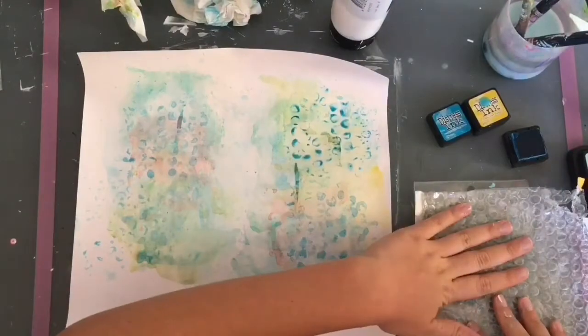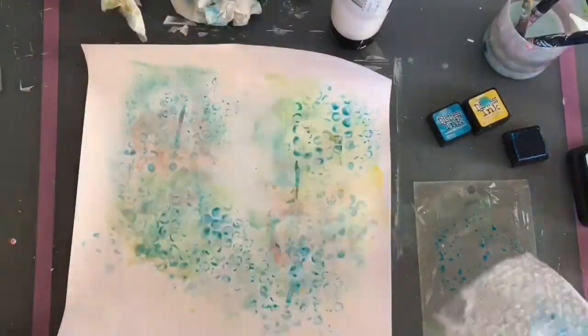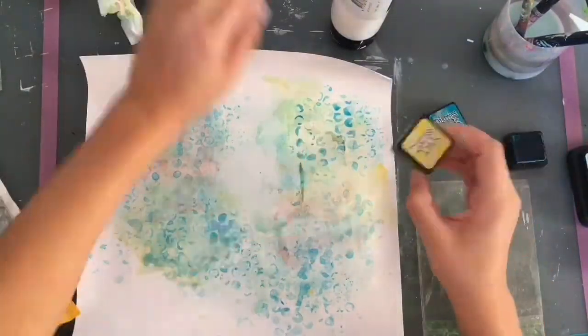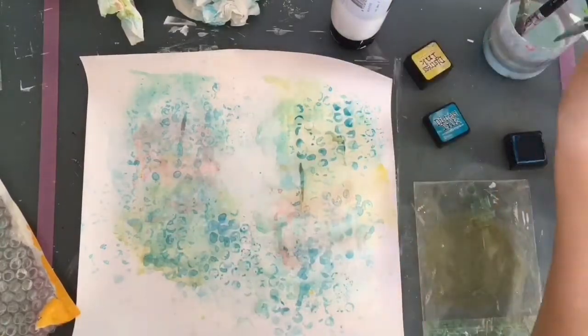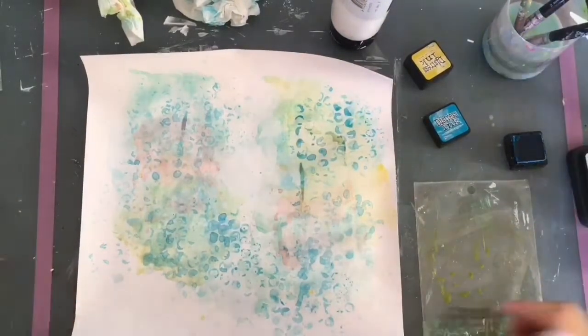So I'm just adding the pigment with some water to make it a bit liquidy onto the bubble wrap and just kind of stamping it onto the page. And I used Mermaid Lagoon for that one because I wanted it to stand out, and I really like how that looks. And now I want to add a bit more yellow because the blue is getting a bit too overpowering,